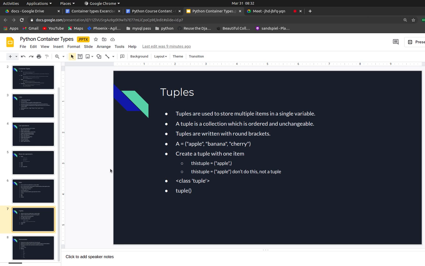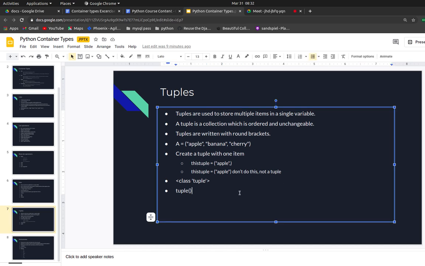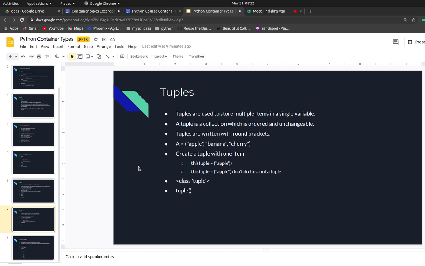Sets are basically unique elements, which will give you unique elements, and tuples are basically immutable lists. These are also lists but immutable things, we cannot change or add or remove anything. So these are the differences between these three data structures. According to our requirements we use different things.